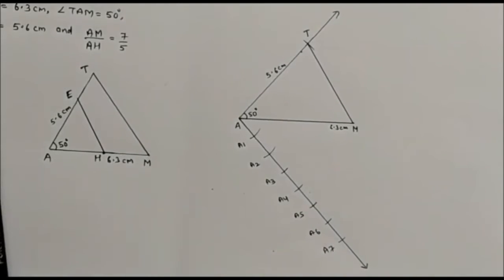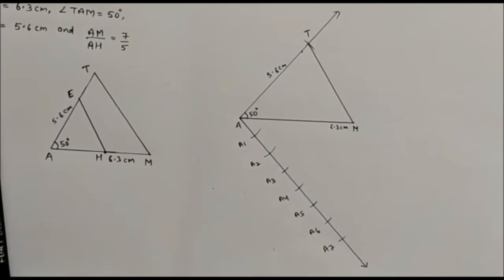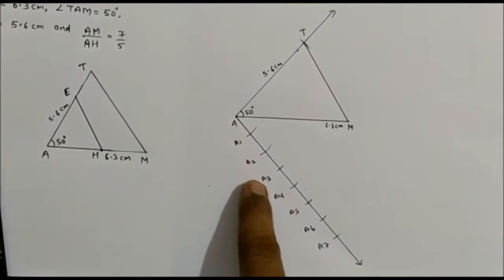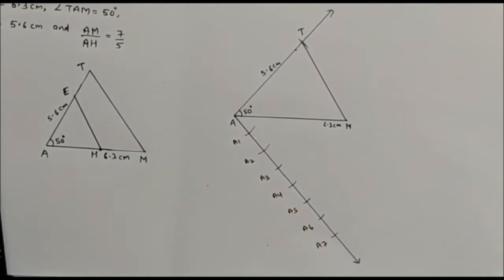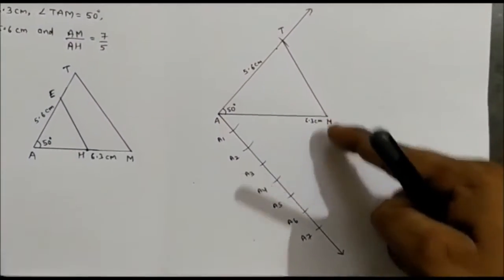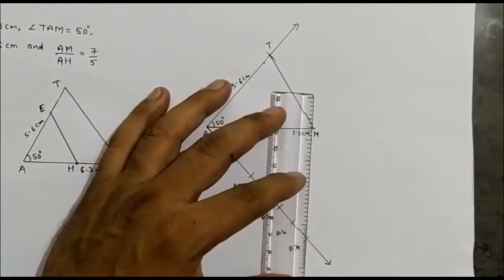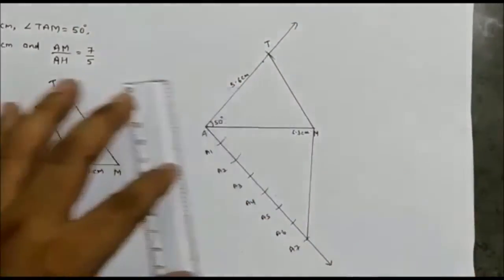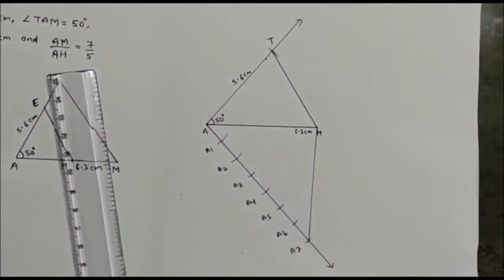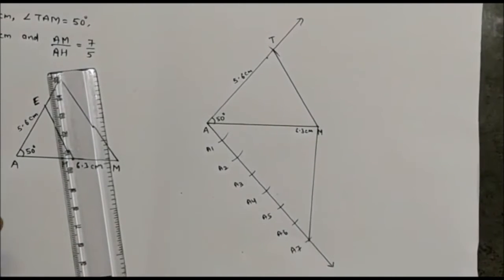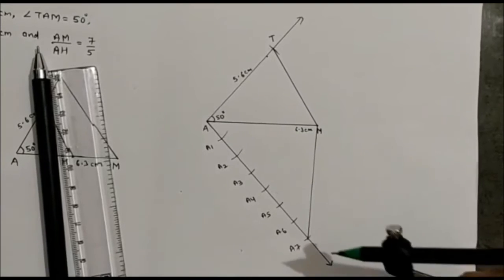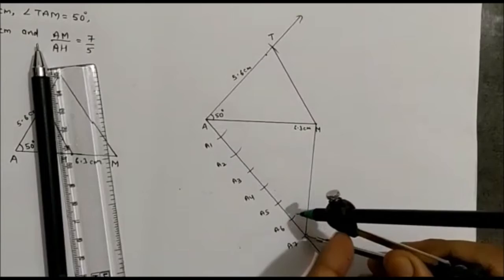Okay, do this. So from this point A, we have drawn an acute angle and divided it in 7 arcs: 1, 2, 3, 4, 5, 6, 7. Now see the ratio, AM 7, AH is 5. So this is AM, ratio is 7. This we join with the 7th arc, because the other triangle will come inside this. This is a bigger triangle. Now how do we go about this? Now take the rounder and keep it on this 7.